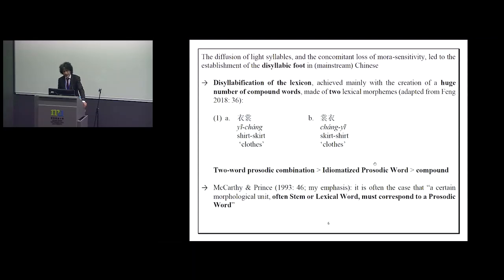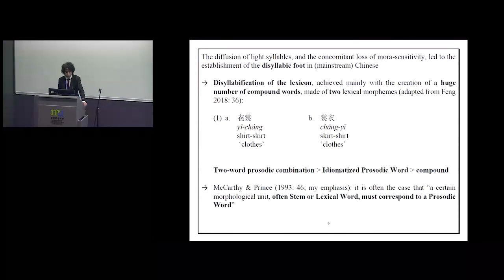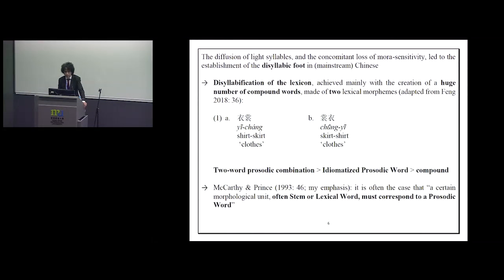And at that stage, actually, you don't even talk about compounds, because you have pairs of constructions like the one you see in one, like yi chang, but also chang yi. So you see that you could have both orders, which tells you that this is not really something lexicalized, conventionalized. It's still what functionally would call a two-word prosodic combination. So you put these words together just because you need a two-syllable structure for prosodic purposes, because otherwise it doesn't work in syntax. And with time, many of those became idiomatized, and then they became compounds,